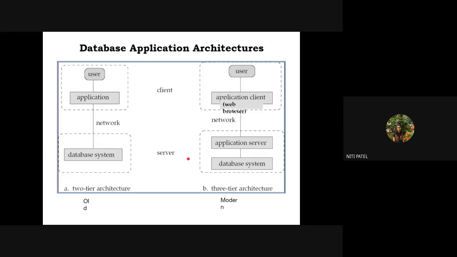Now what do you mean by client and what do you mean by server? The person who is requesting the database from the database system is considered a client. So if I am requesting some user data from the second year computer table inside the system, I am considered a client. Your user writes a query and requests data from the database, so the user who writes a query is considered a client. Who is the server? The computer system which will accept the user query, search for the related information and then give the information back to the user. Those systems are called servers.